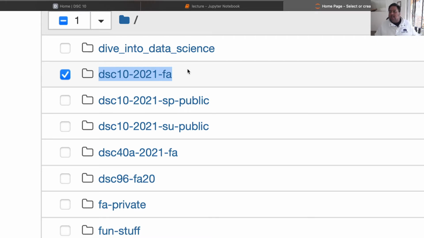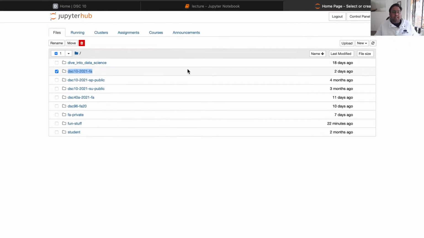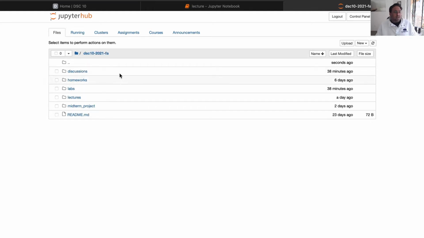Now, you can add other folders to your DataHub if you want to work on files for another class or do something for fun, and I'll show you how to do that in just a second, but just know that all of your work will live in this folder. So let's click it and see what we get. So you can see that I have folders for the discussions, the homeworks, the labs, the lectures, the midterm project,